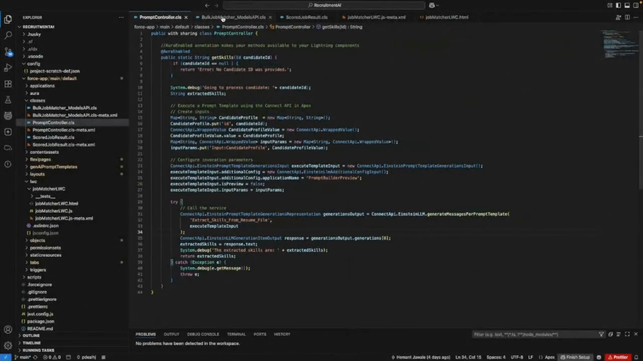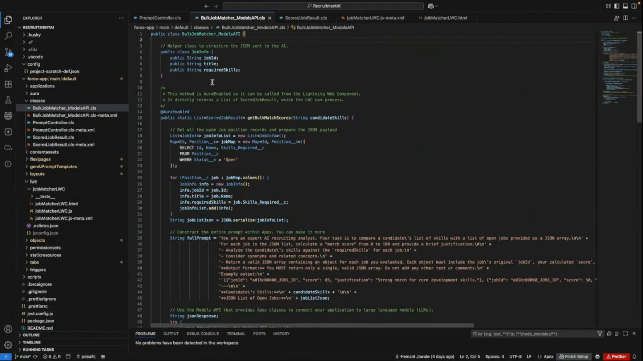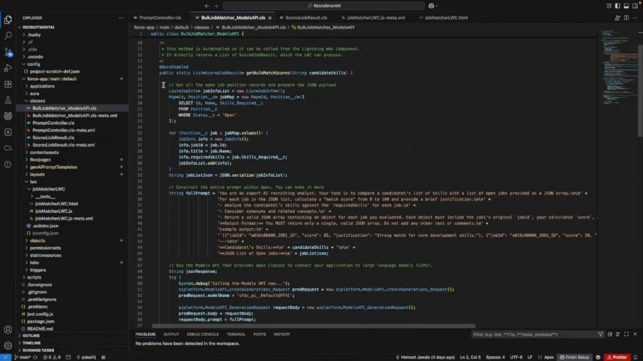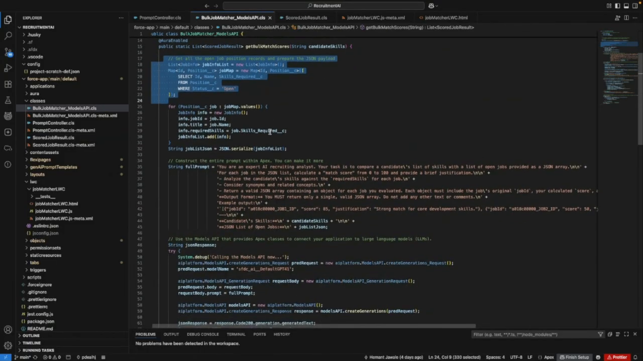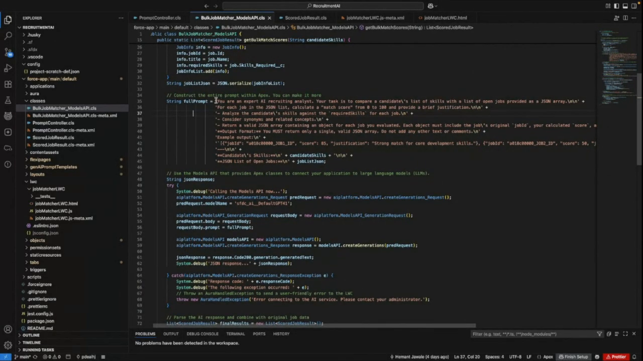Now let's look at the Apex class, which is going to use the job matching logic. So here we have a class that helps us structure the response, which is just Aura enabled variables to help us structure the output. Then we query all the open jobs that are there in the system. We construct the full prompt. Here, it's similar to how we write it in a prompt template, but here we are using the inputs that we have from the previous steps